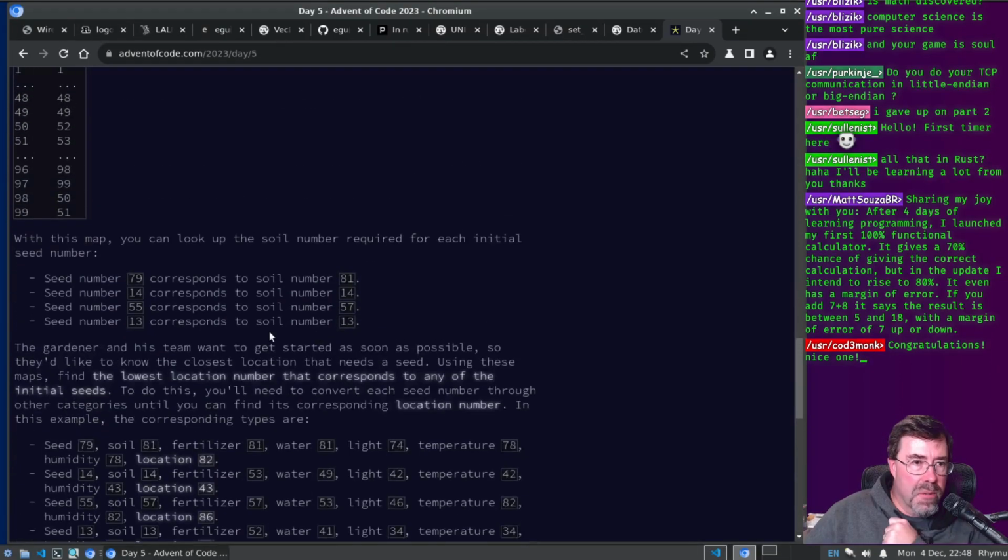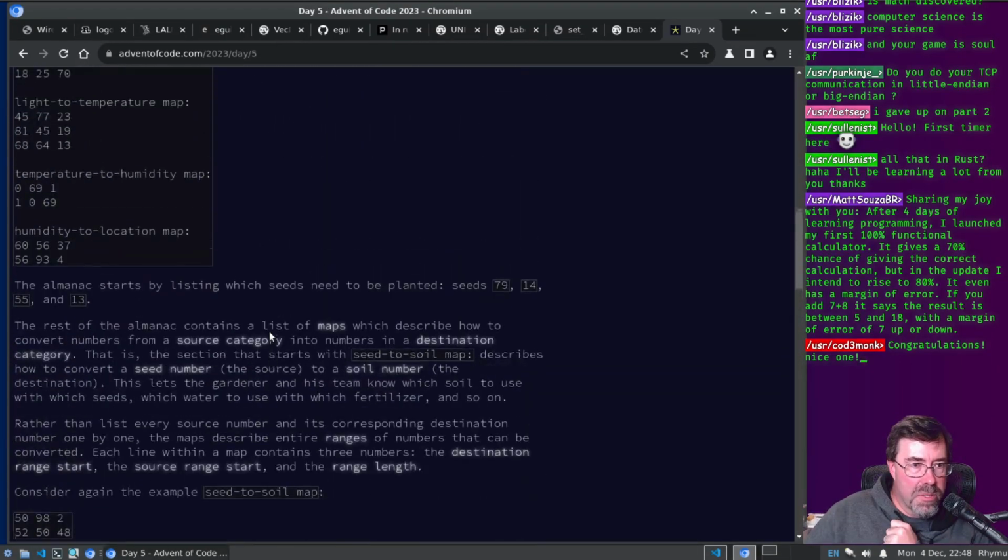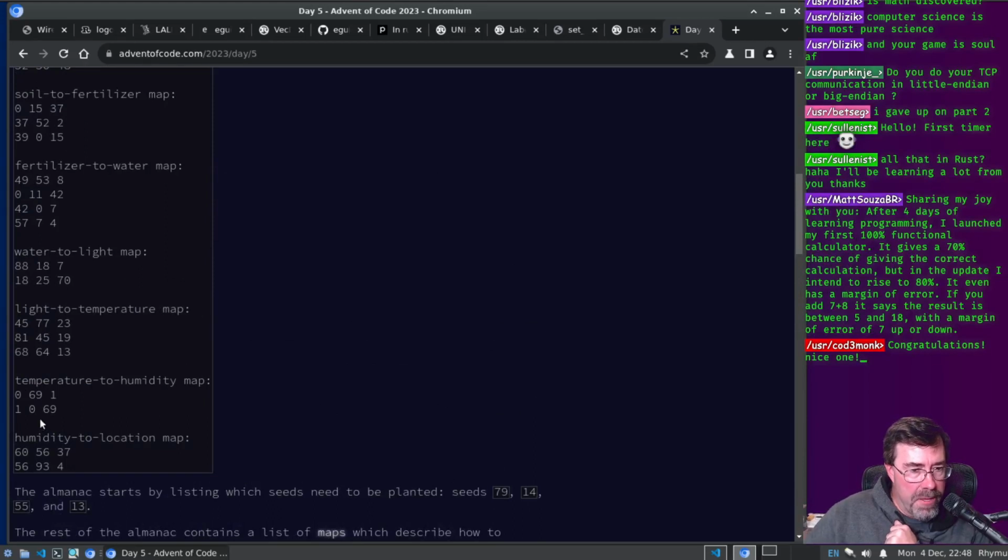Yeah. So where's the input? If you're working this backwards, if you wanted the lowest number, what you'd probably want to do is start with this range, right? So to get the lowest number, 56, you need to have a 93. So you take 93, 94, 95, 96, and then see how you get that from this one.